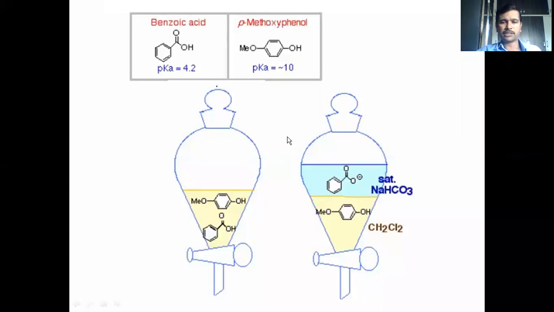In the liquid-liquid extraction technique, selective transfer of the analyte from one liquid phase to another liquid phase is seen because the relative solubility of the solute differs from one solvent to the other. The relative solubility of benzoic acid was lower in dichloromethane. When sodium bicarbonate is added, it has been converted into an ionized compound, and this ionized compound has greater solubility in water, therefore it has been separated. Therefore, this liquid-liquid extraction technique is very important.